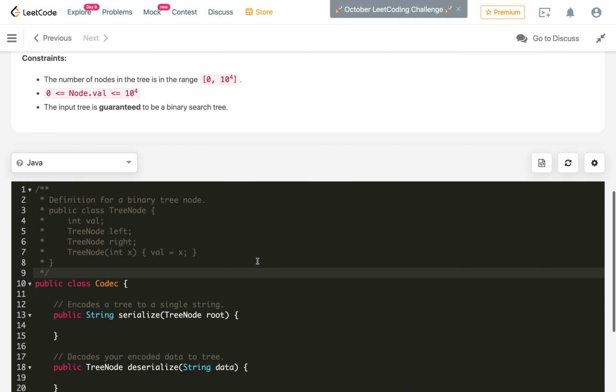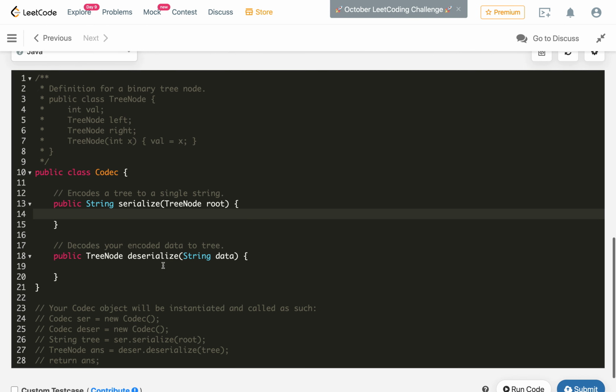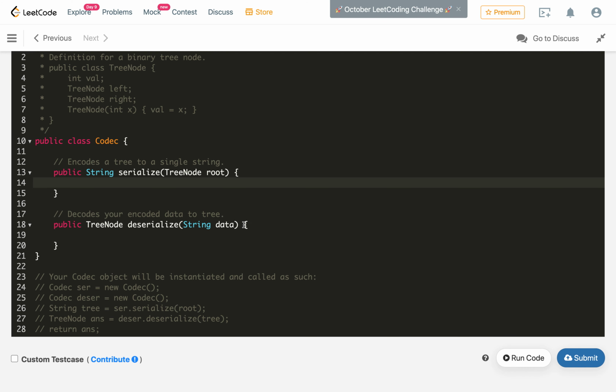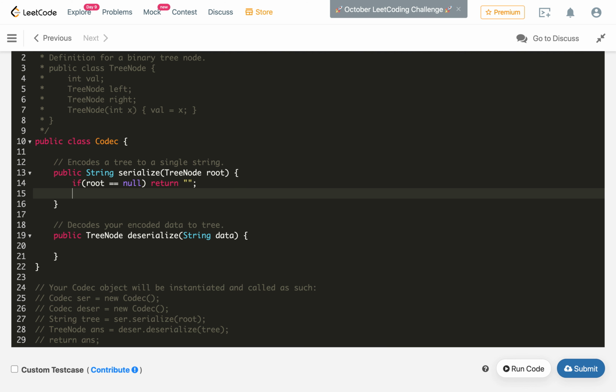So let's quickly start the implementation. I will also explain every step I am following. First of all we will check the corner case: if root is null, then there is no need to do anything, just return the empty string. Otherwise we will keep a string builder reference that we will pass into our pre-order or DFS traversal, so that we construct the string builder.